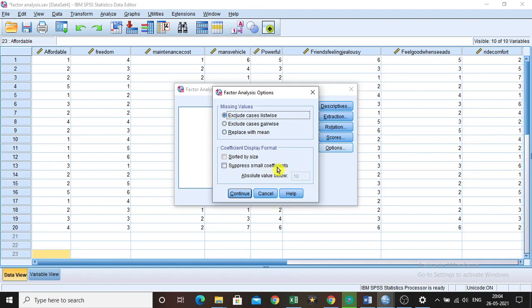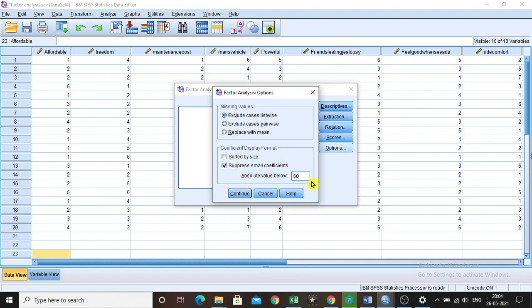Then we can also check suppress small coefficients. By default it will be 0.10. In general research you can suppress that to 0.50 also, which means only those variables loaded above 0.50 will be listed in your output, and the variables loaded with less than 0.5 will be excluded from the output.